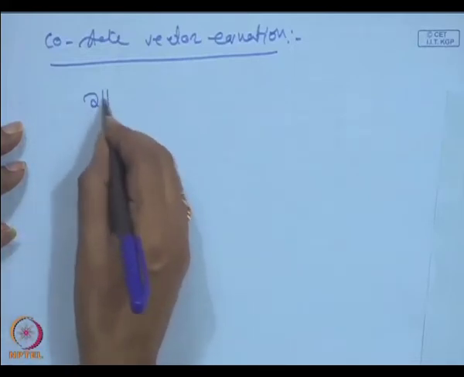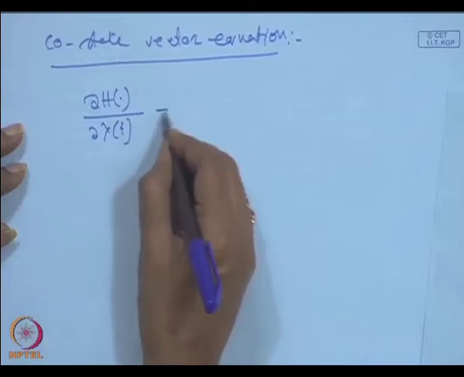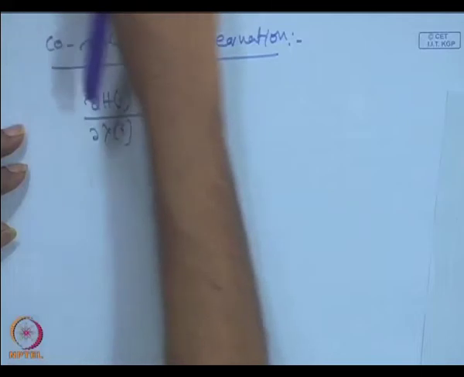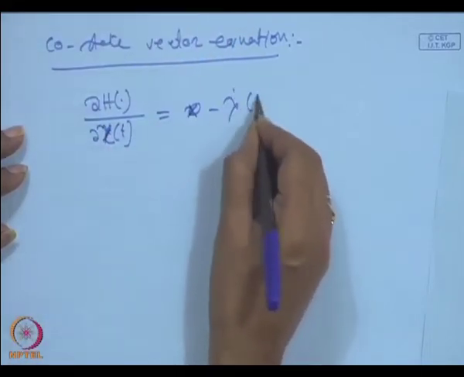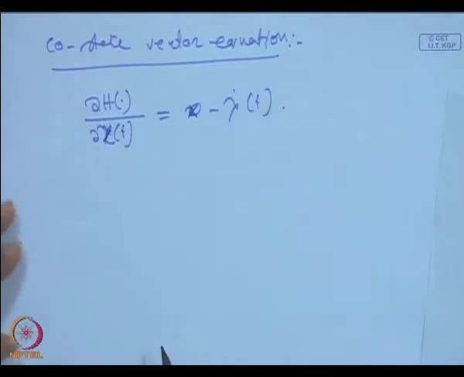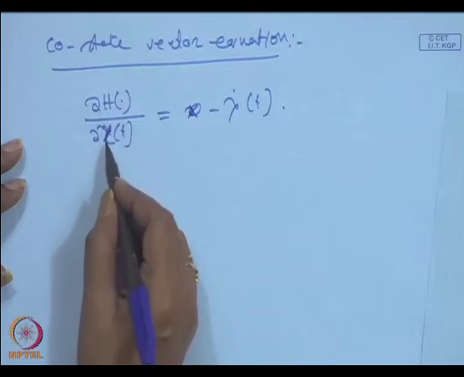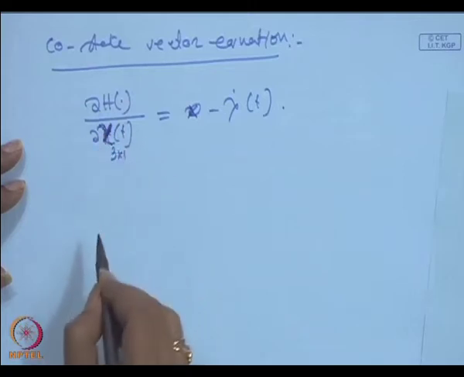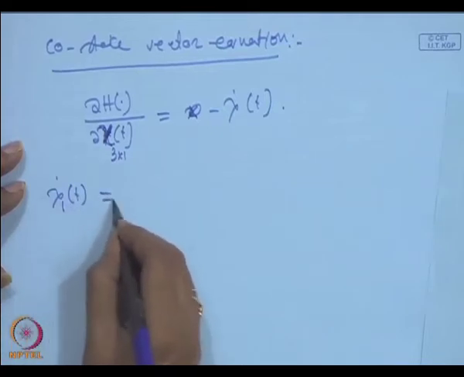Then del H by del x of t is equal to minus lambda dot of t. So, just differentiate the Hamiltonian function with respect to x of t, and x of t has dimension 3 cross 1. Then you will write the lambda 1 dot of t expression,